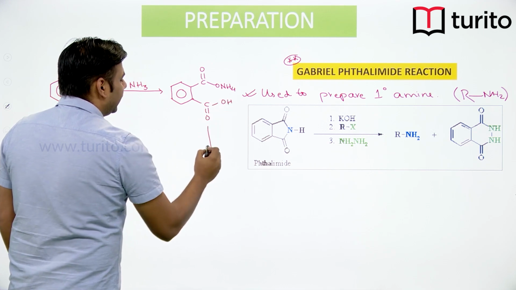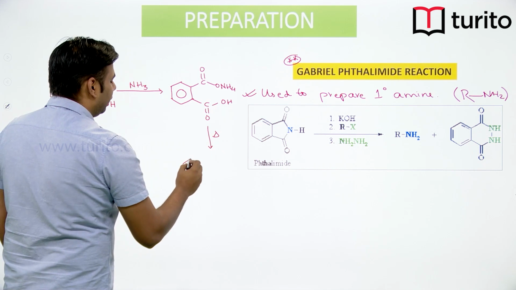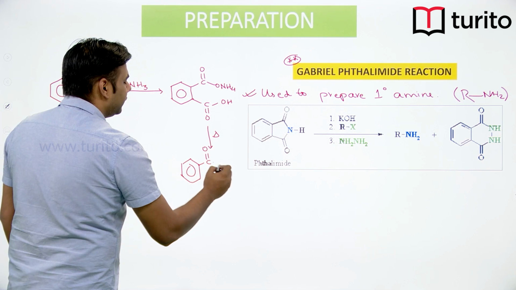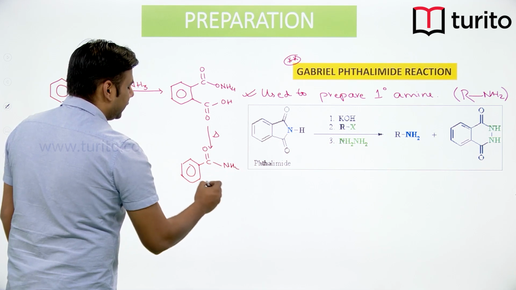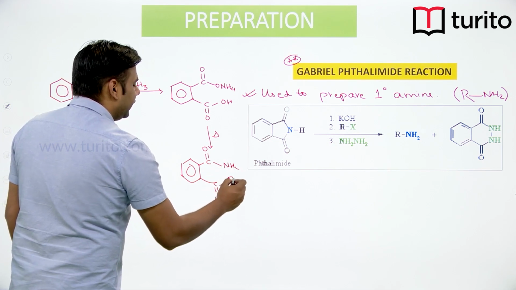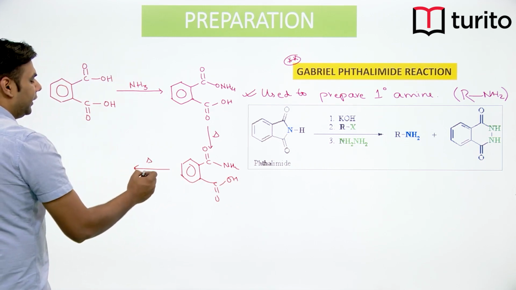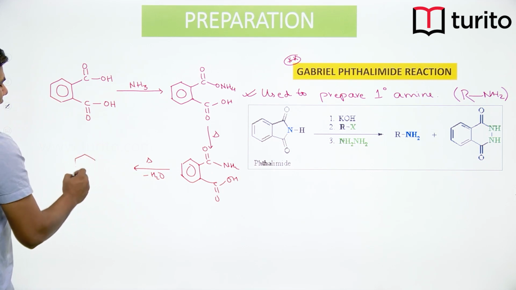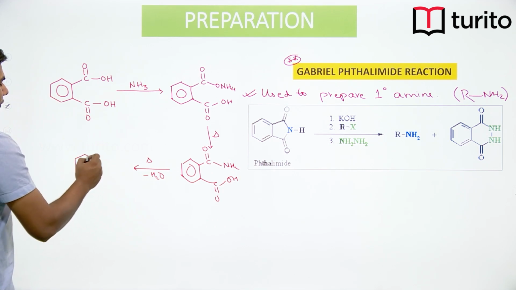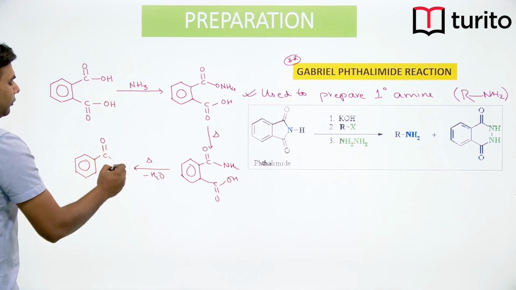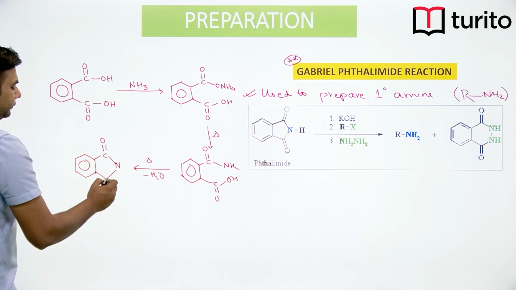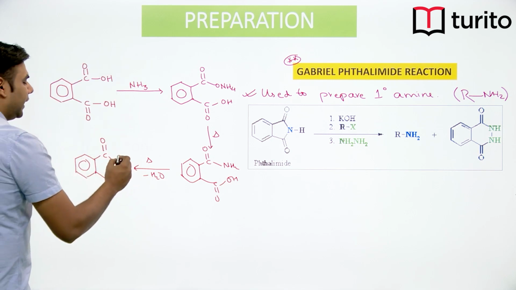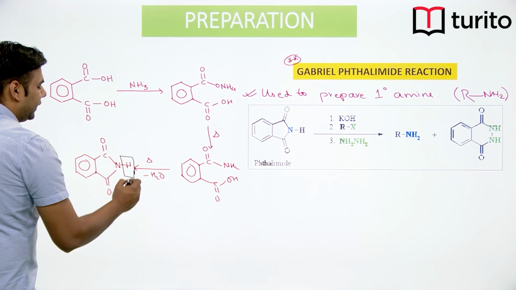We further heat it. We know that on heating it will form an amide, and water will be released. This we also did in yesterday's class. Then we further heat this, water would be eliminated again, H2O will be eliminated from here, and we will form a phthalimide. Now phthalimide is a very important compound. If you look at the structure of phthalimide, we can clearly say that this hydrogen is acidic in nature,